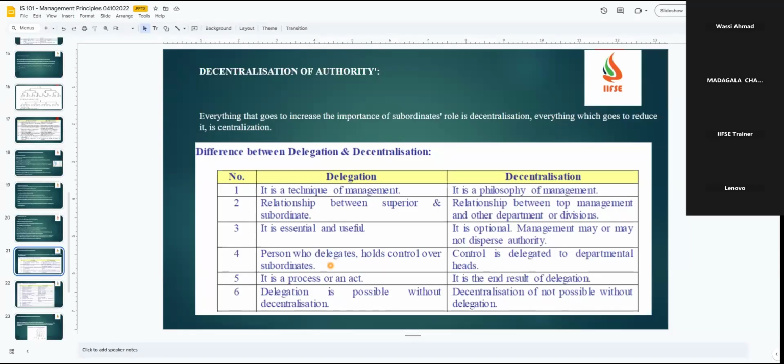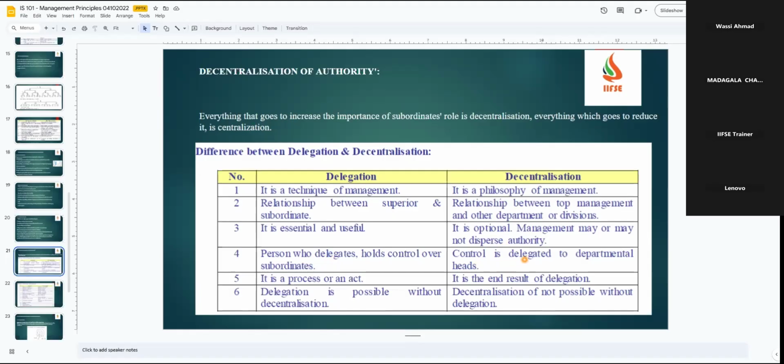me. I can't delegate my power to a quality department, saying that, okay, to the quality assessment manager, I'll say that, okay, for one day you will sign on the permit, or you can do the signatures on the permit. You can't delegate, right? Because he is not your reportee, or he is not reporting to you, or you are not the control person on that man. And control is delegated to the departmental heads.